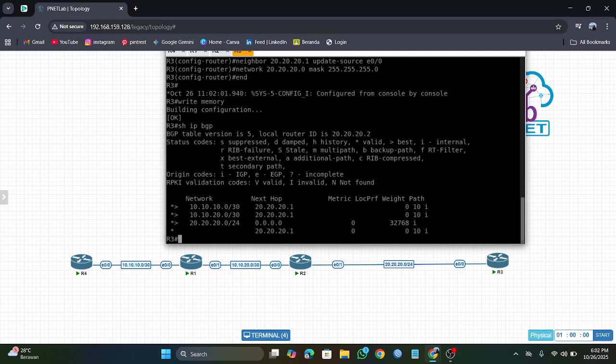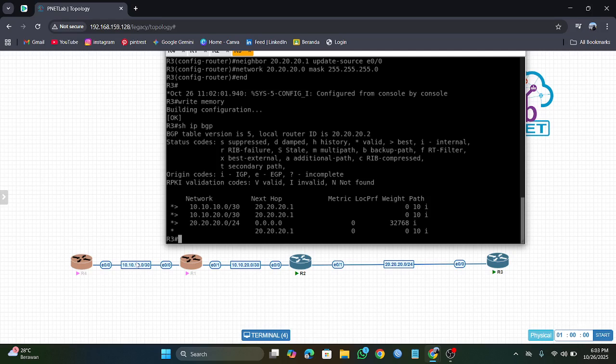Now you can see that the network on the left is already connected to the network on the right, but we still cannot ping from end to end.